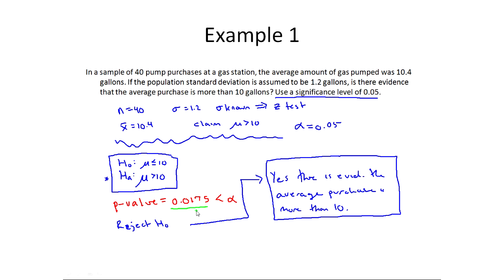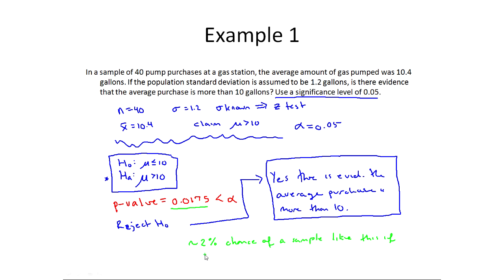It's very important to understand this because many people misinterpret the p-value, even scientists, and studies have been done where doctors even misinterpret the p-value. What this is saying is there's about a 2% chance of a sample like this. And what I mean by a sample like this is a sample as extreme or more extreme, so of 10 or higher, 10.4 or higher,